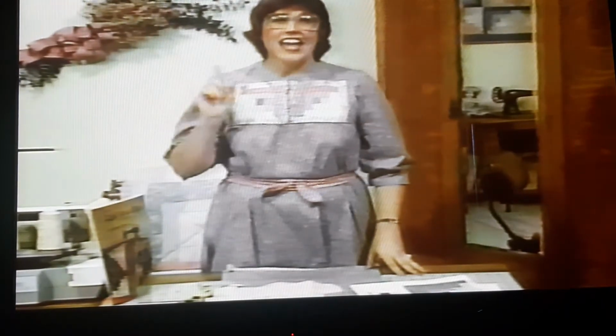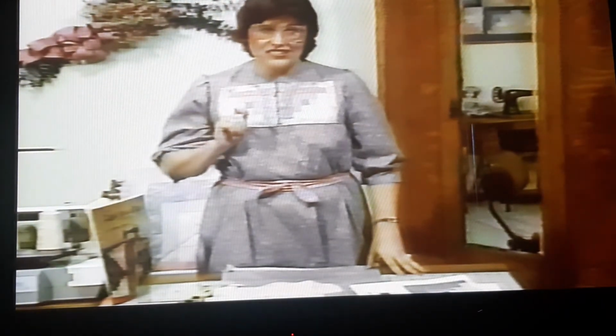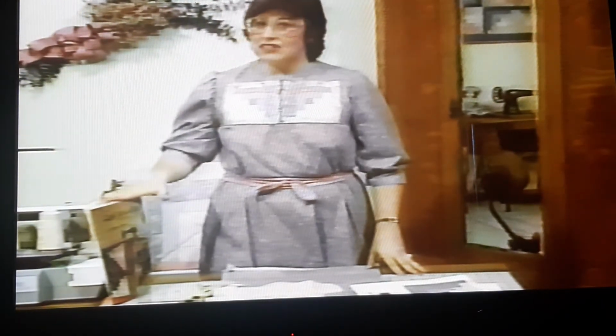Actually, cutting the yardage was no problem at all, particularly if you use this great book as your guide. There are 10 different sizes of quilts in the Quilt in a Day book, and that'll tell you everything that you need to know for your yardage. I want you to notice how